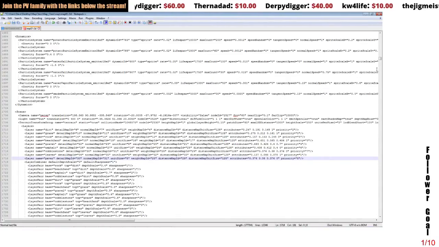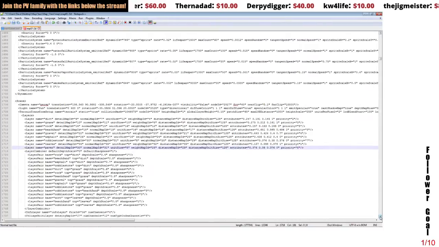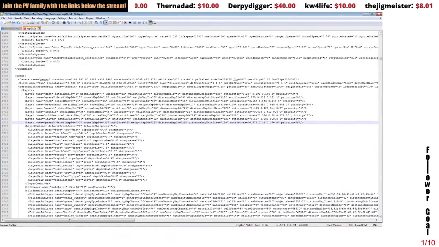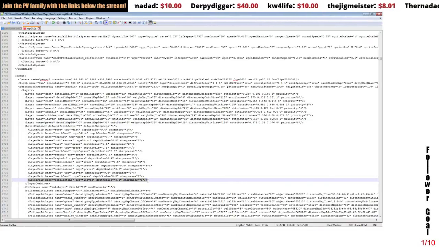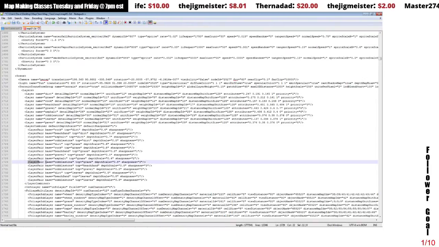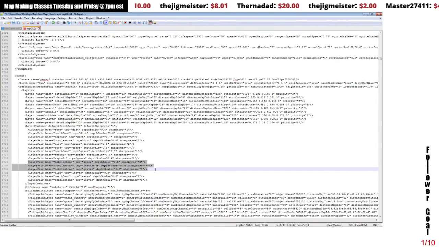Below that, we have some layering options. Again, the simplest way is to copy something similar, like the layer pair of cobblestone has several different ones, and it basically tells you the base is cobblestone, the top grass goes over the top, cobblestone, and it's all about blending them. So I'm going to grab these 3 here and copy them,